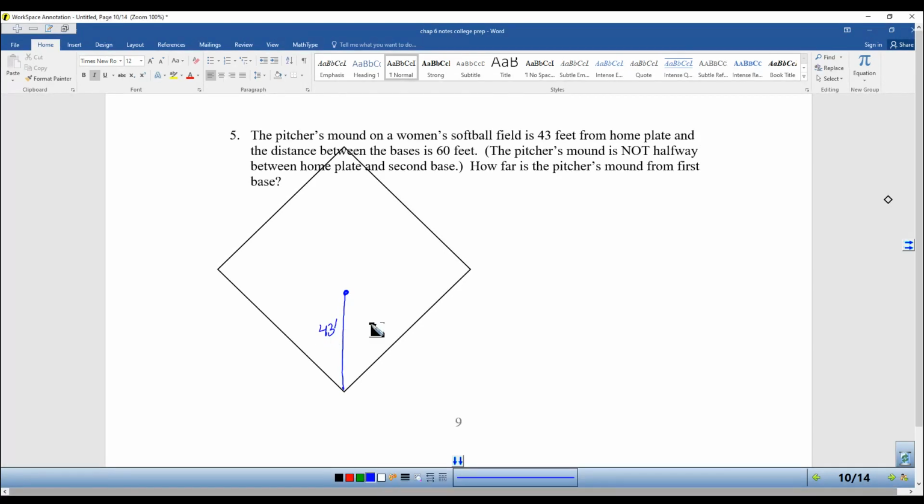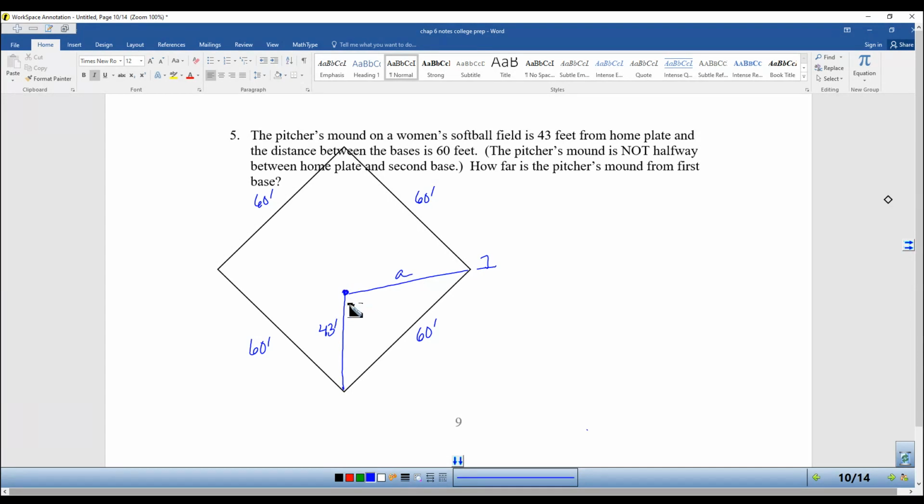And the distance between the bases is 60 feet. And they want to know the distance from the pitcher's mound to first base. So we'll call that A. So the thing that they don't tell you in this problem, but hopefully you can see by looking at it,